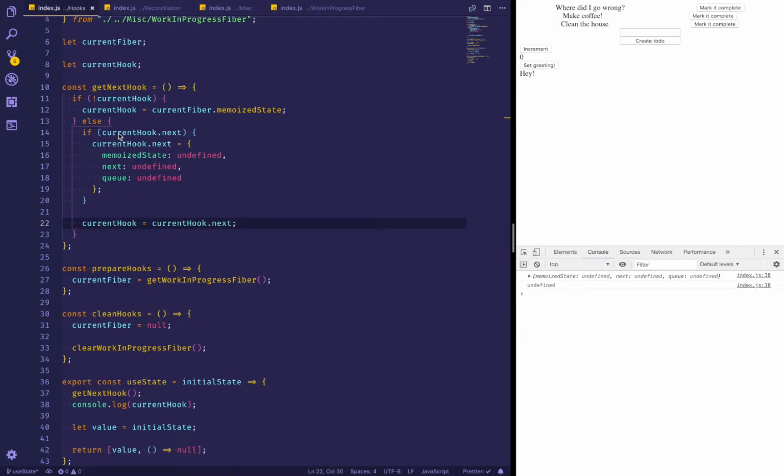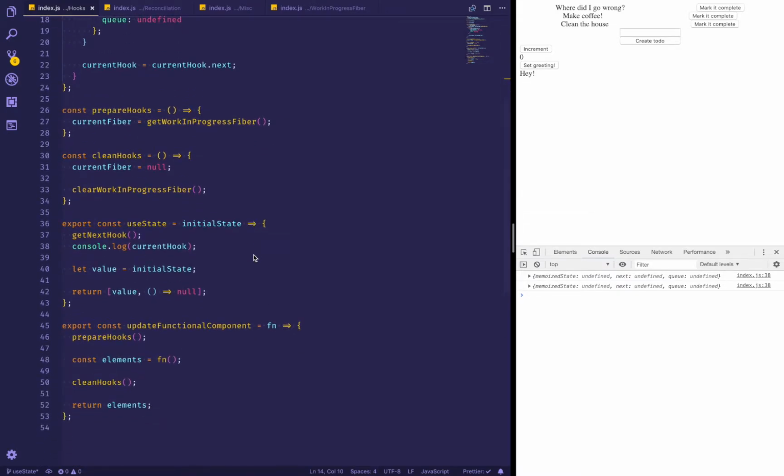But if current hook next doesn't exist, then create it. Okay, so now what we have is a separate kind of linked list structure for every useState function